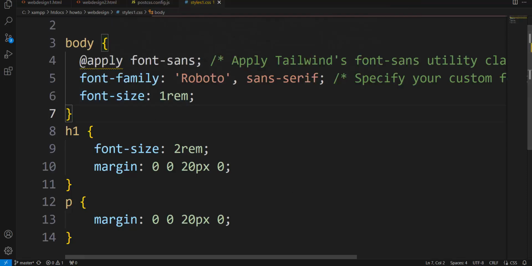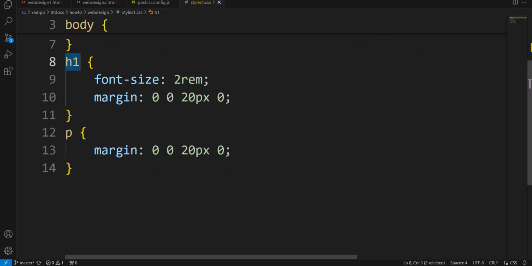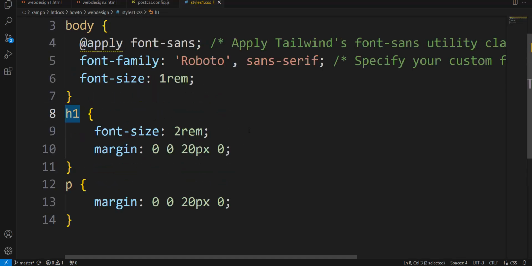Okay, it is global for our entire website. It is global, and when we change our mind, we change what we want here. It is an HTML element, and we can write classes for all, etc. It is how a traditional style sheet works, and now we can see our